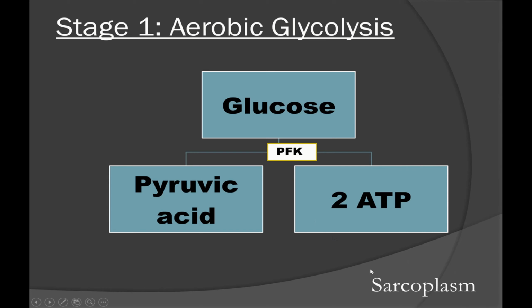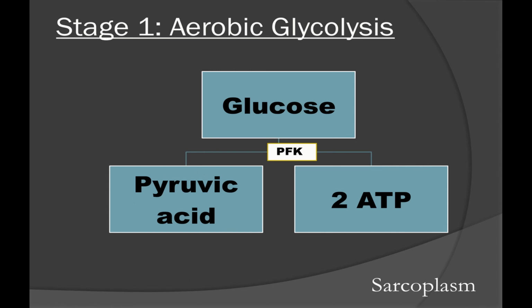Now, what is different here is that when oxygen is available and intensity of exercise is moderate to low, pyruvic acid doesn't need to be changed into lactic acid in order for glycolysis to keep on occurring. In aerobic glycolysis, when oxygen is present, pyruvic acid will just simply pass on into the mitochondria so that oxidative